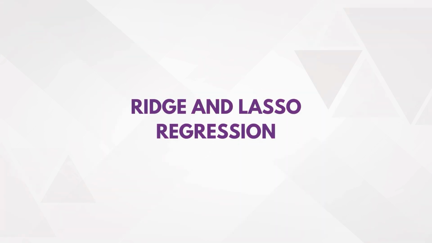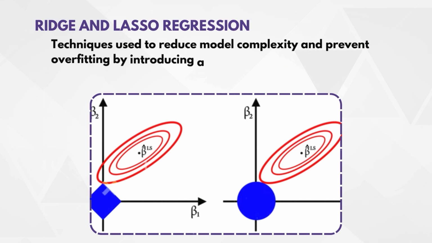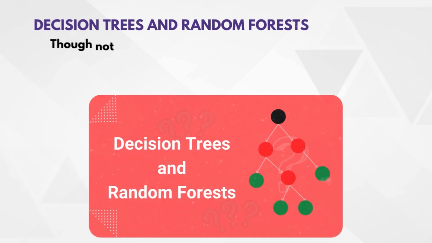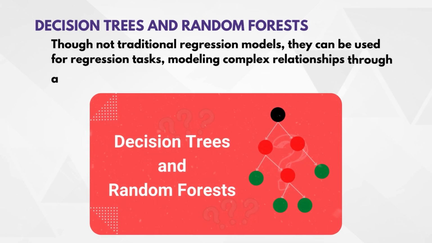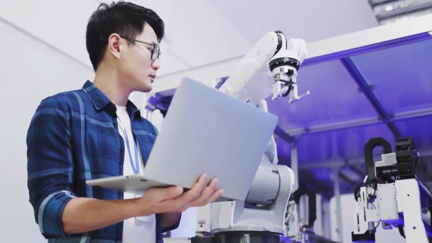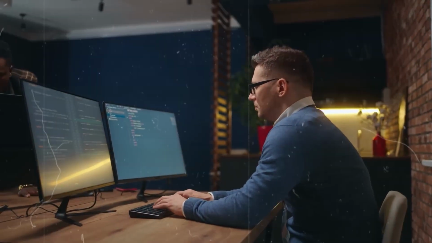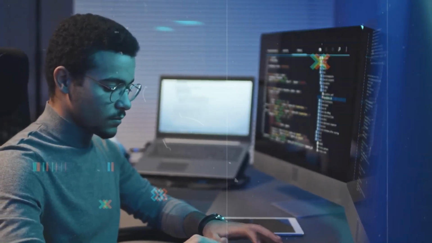Ridge and lasso regression, techniques used to reduce model complexity and prevent overfitting by introducing a penalty term. Decision trees and random forests. Though not traditional regression models, they can be used for regression tasks, modeling complex relationships through a series of decisions. Regression analysis is a cornerstone of data science and machine learning, providing powerful tools for prediction, understanding relationships between variables, and making informed decisions. By mastering regression techniques, you can unlock valuable insights from data and apply these insights to